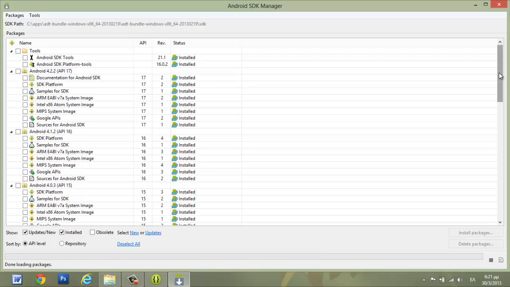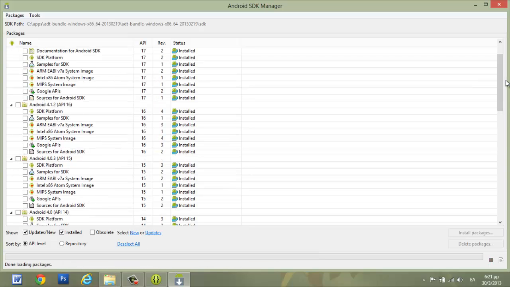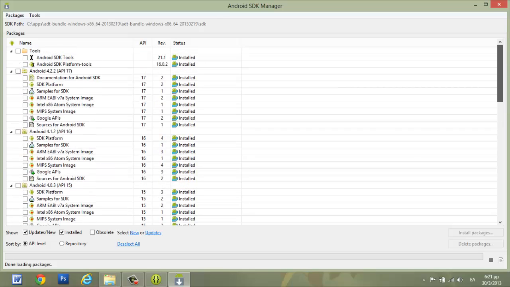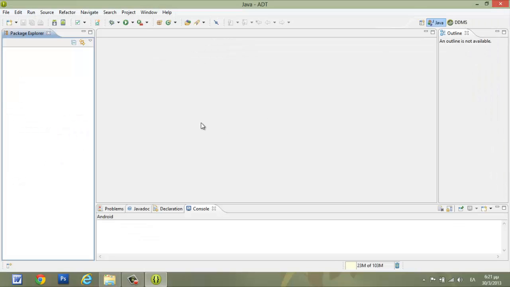You can do the same. When you've finished all this, contain extras too, then you are ready. Click the X to close the window, and then we can go to Android Virtual Device